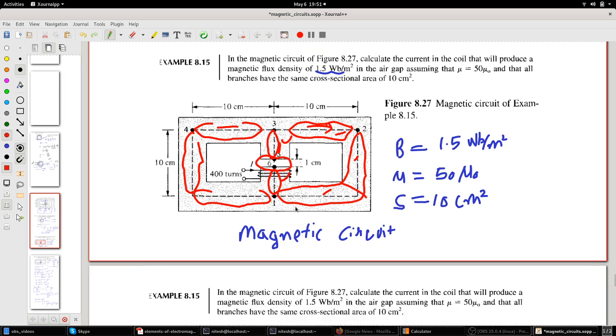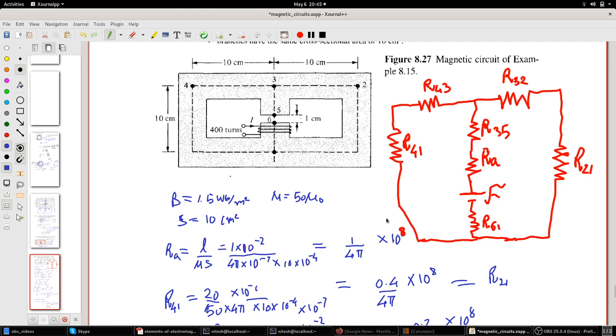So right now what I have created here is the equivalent circuit. Okay, this is the equivalent circuit which is redrawn. What I have done here is, this part of the circuit which is of length 10 centimeters is converted into reluctance which is R43. Okay, this part of the circuit which is having a length of 20 centimeters, 10 centimeters here along this vertical line axis, and this the lateral arm that is around 20 centimeters. So that is converted into a reluctance of R41.